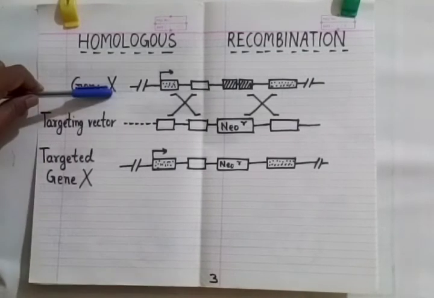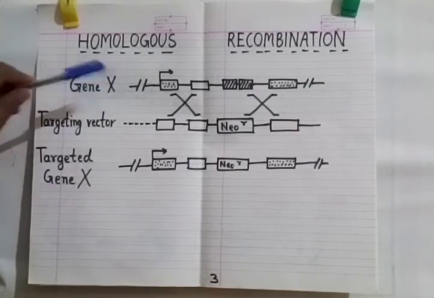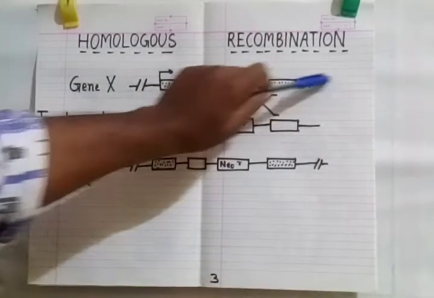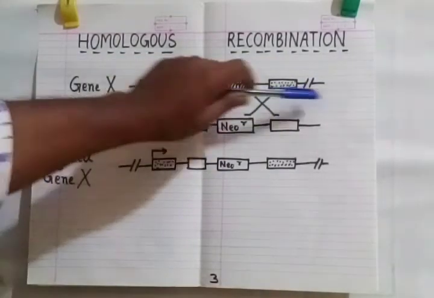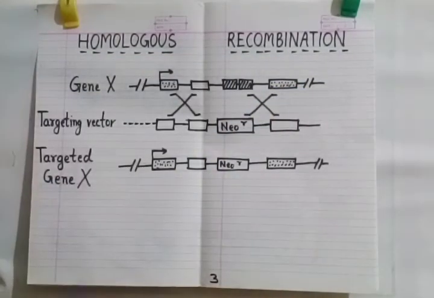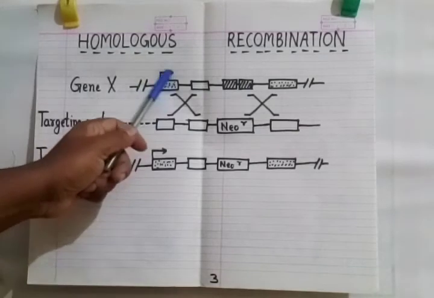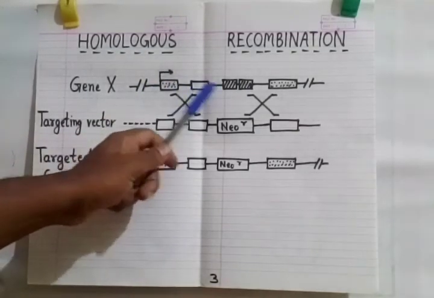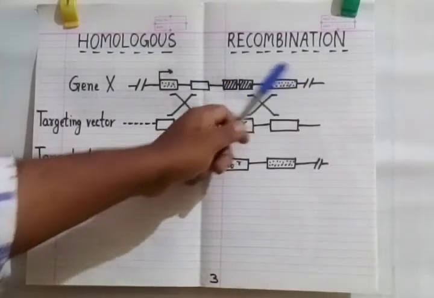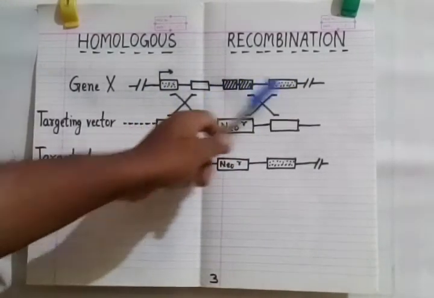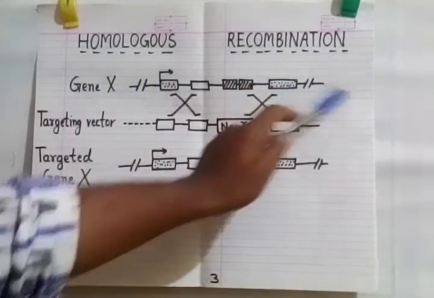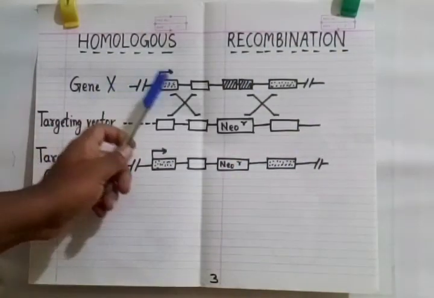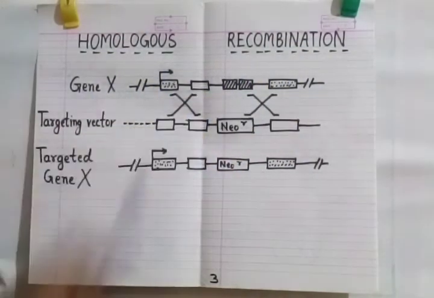This gene X, from here till here, represents a long DNA strand. In that DNA strand, this is one gene, this is another gene, this is another gene, and this is another gene. For the example, I have taken 4 types of genes, and this represents the continuation of the strand. Both ends of the strand will have other genes, but in our example we have taken these 4 different types of genes.